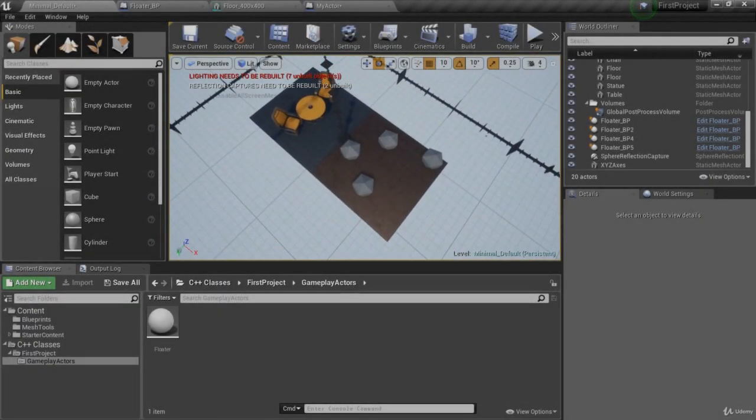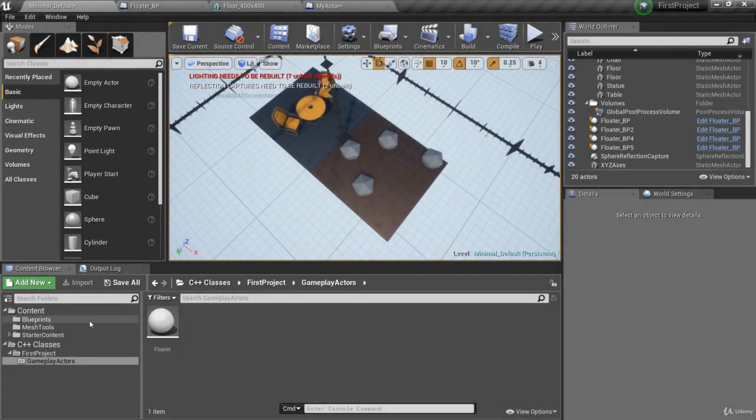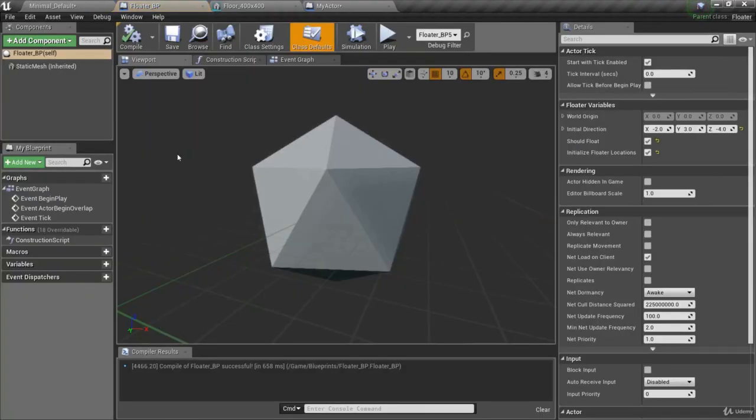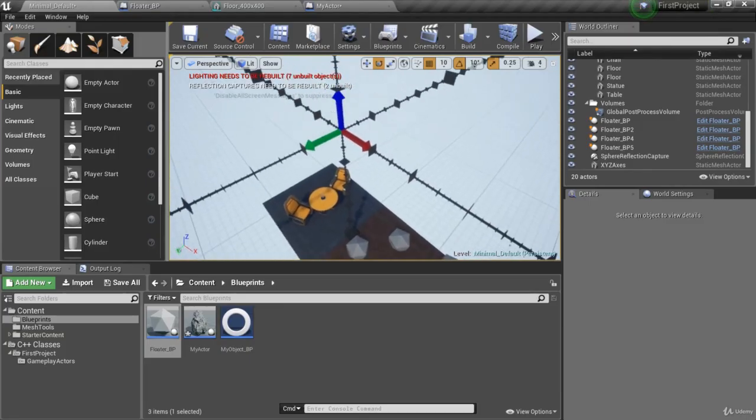So we're familiar now with creating an actor C++ class, and from that class deriving a blueprint class. So we have our Floater BP here, and in our floater blueprint we have our category Floater Variables, in which we can see our world origin, which is not editable in the class defaults. We also have the initial direction, which is editable, and we have these booleans, should float and initialize floater locations, and we saw in the previous video what those did based on the logic that we scripted in the C++